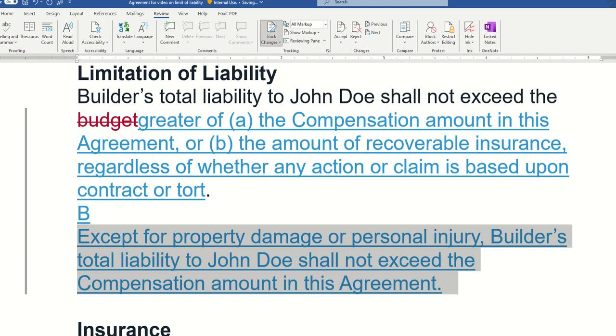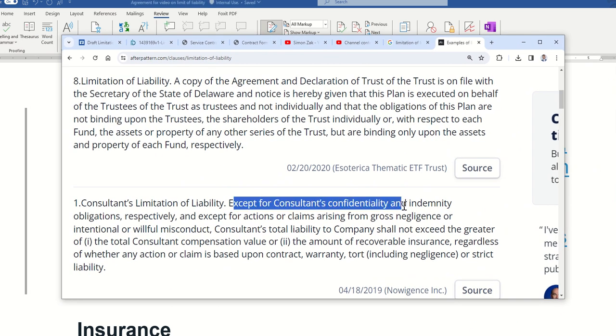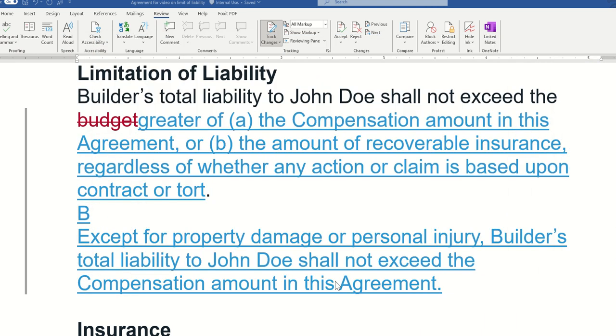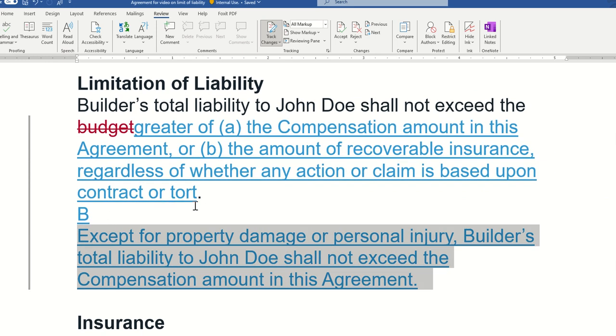That would be another way. These examples online are saying, except for this and that, right? So we can exclude those scenarios. So that's how the limitation of liability would work.